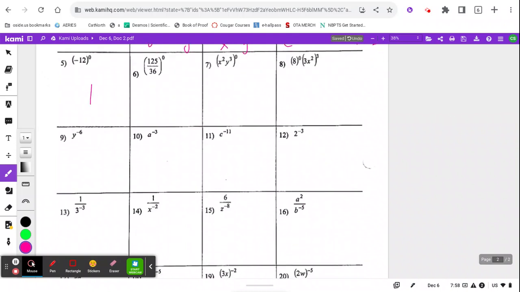Anything to the power of 0 is 1, and then there's something here at the back. So this is 1 times 3 to the 3rd, x to the 6th,